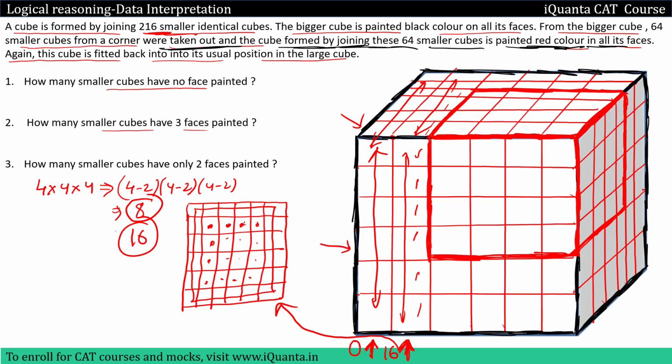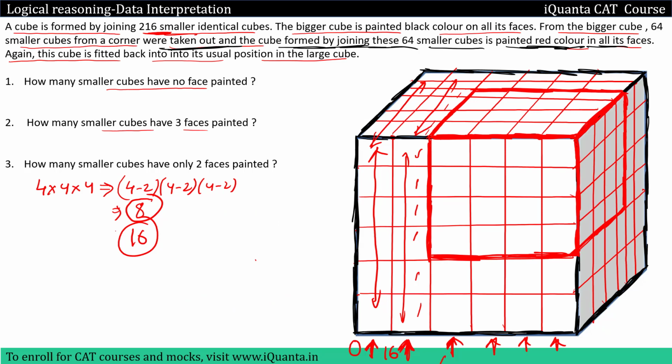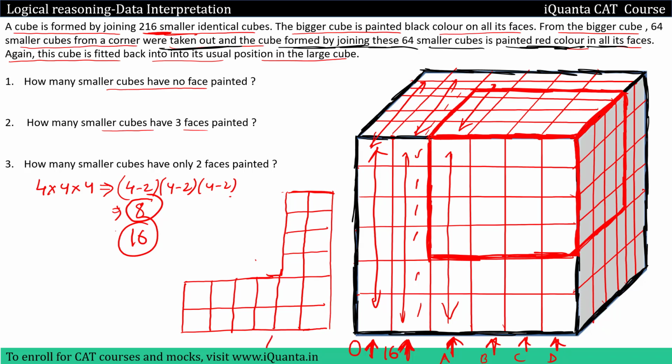Then let us come to this face. Now this face, this part and this part, all these will be identical. Okay, let me name these pieces. This will be A, B, C, D. So if I draw this piece A over here, that means this particular piece of the cube, it will also be a 6 cross 6 face. So this particular piece A would look like this, because I am already done with this smaller cube, so I have taken it out. It's a 4 cross 4 part from here.